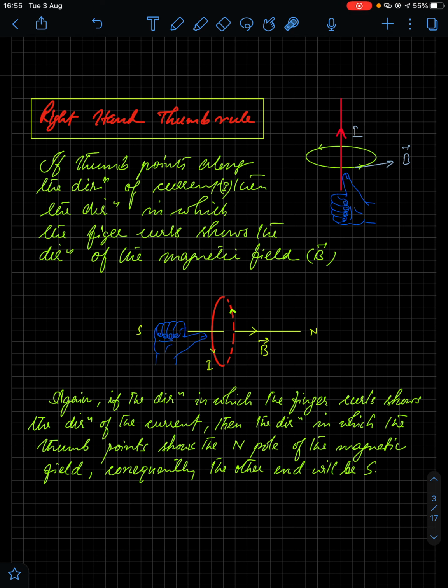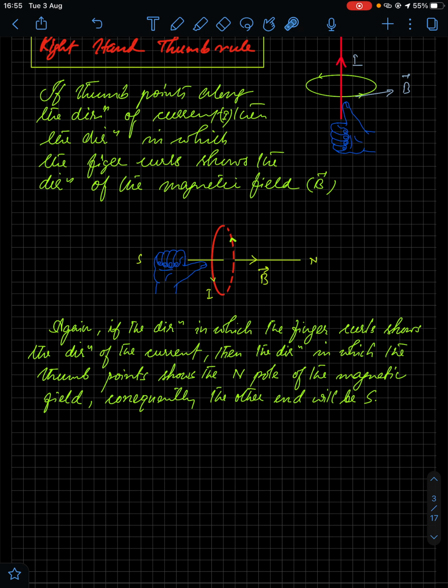So from magnetic field definition we come to right hand thumb rule. Now we have two variations of this rule. You put your hand in such a manner that the thumb is pointing towards the current direction in the straight wire. In such a case, the direction in which your fingers curl will show you the direction of the magnetic field. Okay, so this is behind the page, this is behind the page, this is outside the page. I hope this is clear. You are pointing thumb towards the direction of current, and the direction in which your fingers curl shows the direction of magnetic field.